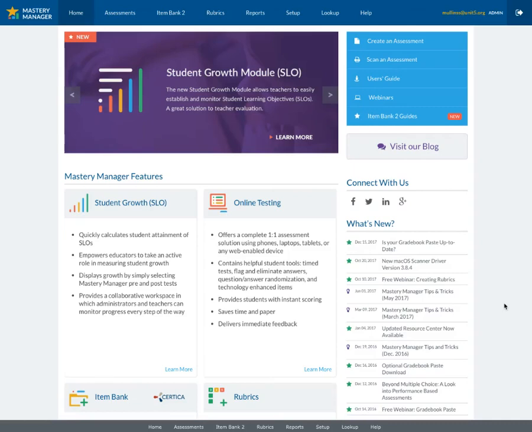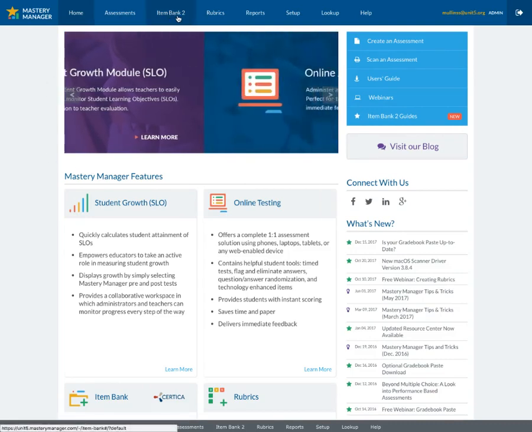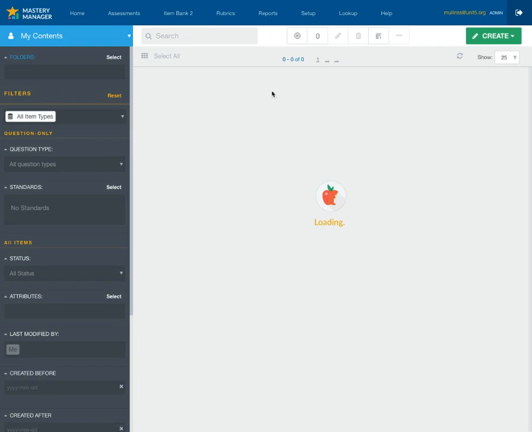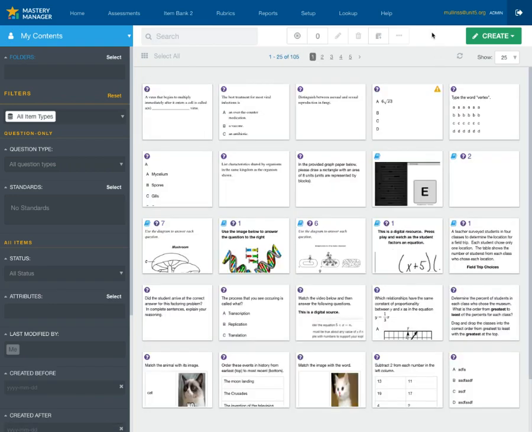Hi, let's take a look at the new item bank in Mastery Manager. So now you'll see a section at the top that says Item Bank 2. Opening that up will reveal a new interface for the way that we will add and interact with questions in Mastery Manager. By default, you're going to see all of the questions that you have created sitting here on this